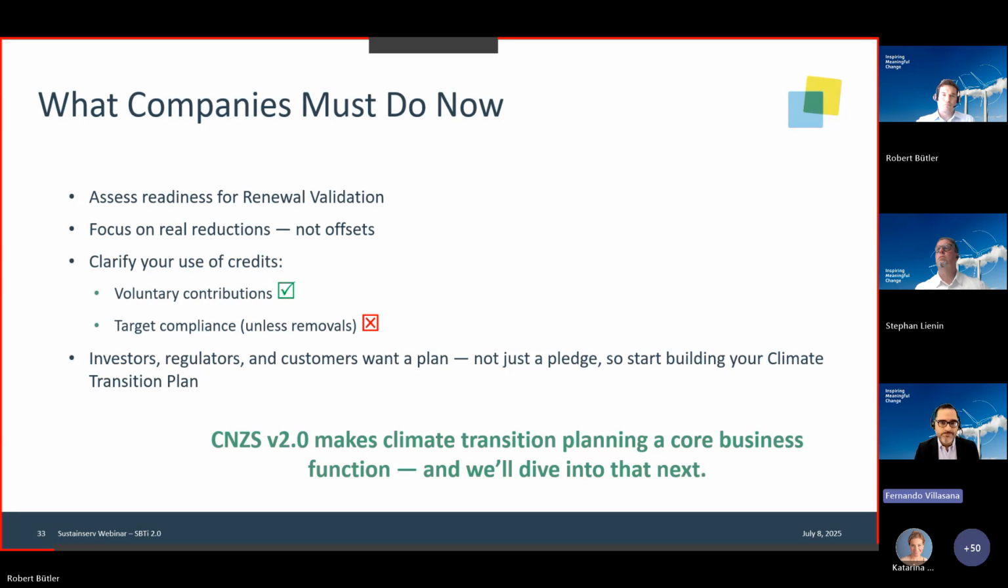And finally, companies should expect a big shift towards this mandatory climate transition planning. A number of stakeholders are interested in this. It's also relevant for financial disclosures, and it's essential to have whether you remain in the SBTi 1.2 or move